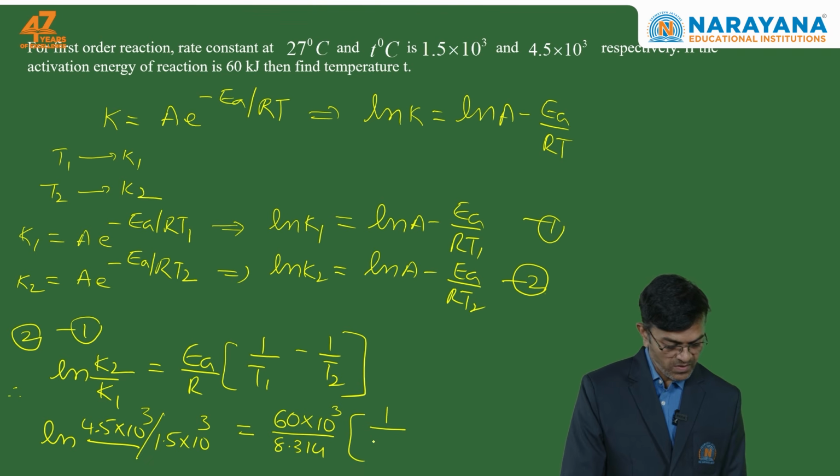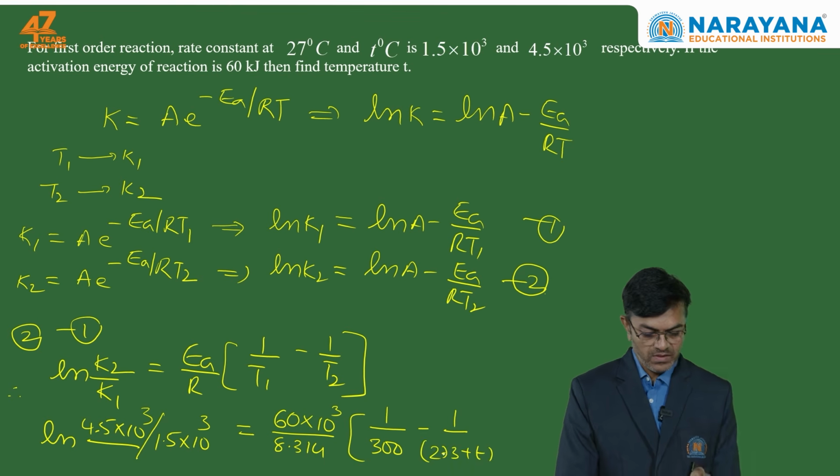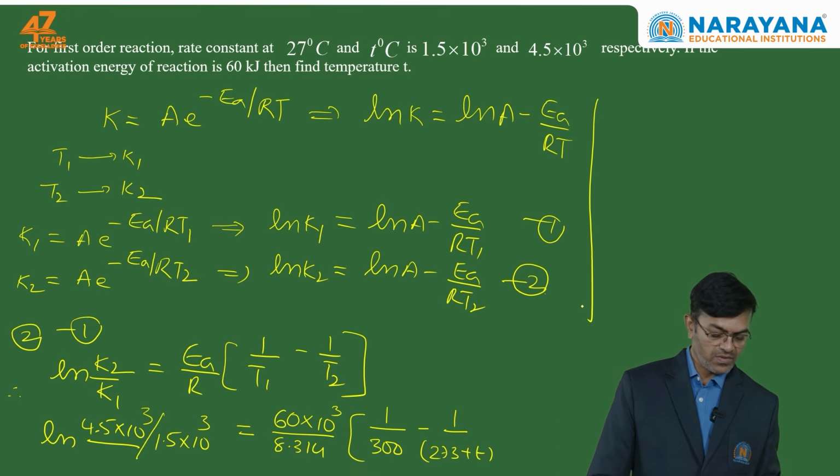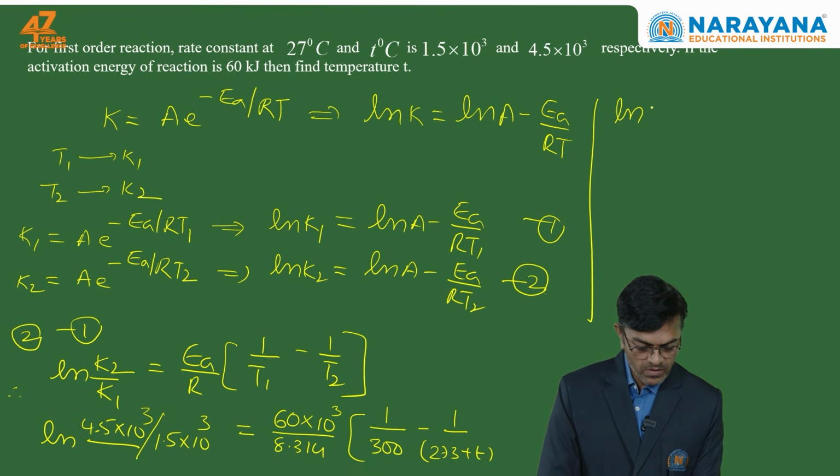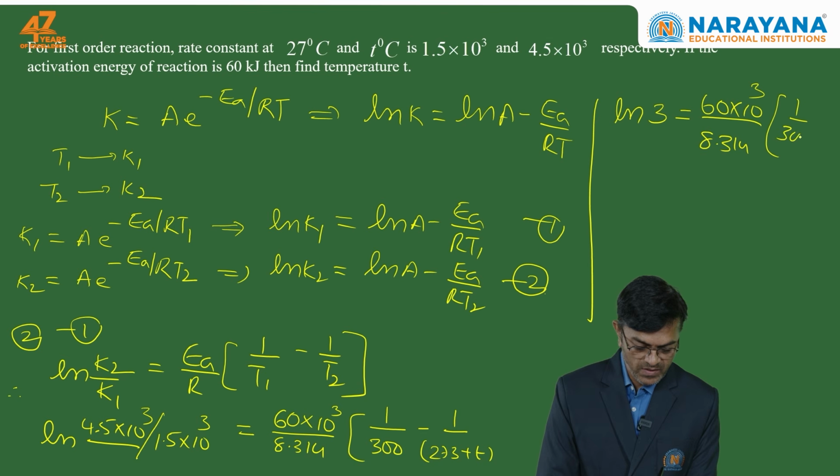T1 is 27, means 300 Kelvin, 1 by T2, that is 273 plus T. So that is ln 3, which is equal to 60 into 10 to the power of 3 by 8.314 and 1 by 300 minus 1 by 273